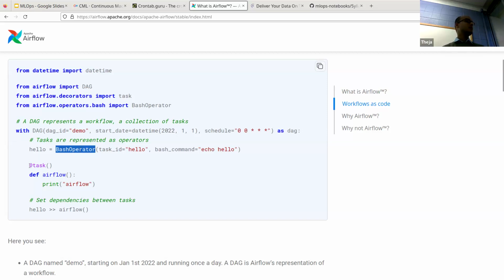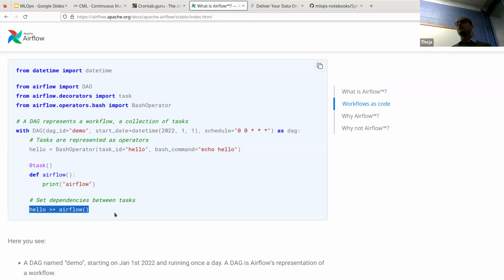And the second task is a simple Python function. Okay, it's print something, Airflow, right? So these are 2 tasks. And in fact, the DAG here is a very simple DAG with 2 nodes. And it's just saying hello precedes Airflow. So first you run the hello task, then you run the Airflow task. And this is a strange-looking notation, but it's basically saying hello first and then Airflow. If you had one more task, then you'd add a double arrow and say, okay, task 2, and task 3, and task 4. This is one way to define a sequence.